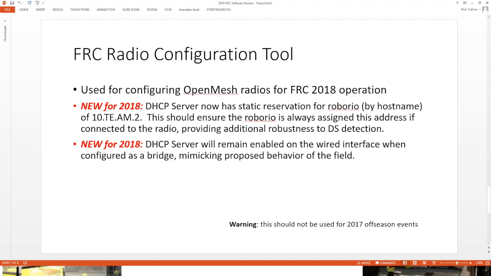A lot of teams used static IP addresses over competition last year and the year before. For the OpenMesh radios, they're trying to make it available for teams that want to stay static. You can actually have a static reservation, and so basically the number 2 on the subnet will be reserved for the RoboRIO. And so the DHCP server will remain enabled on the wired interfaces when configured as bridge,